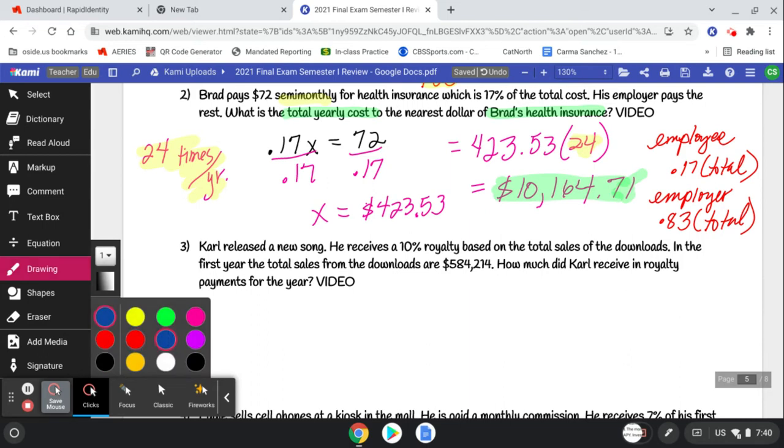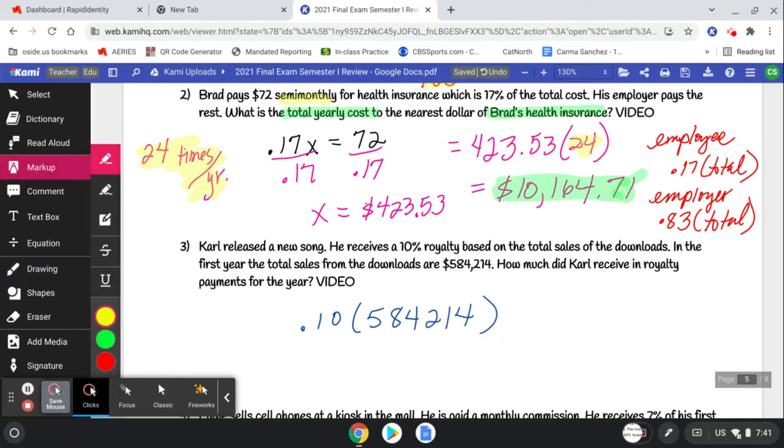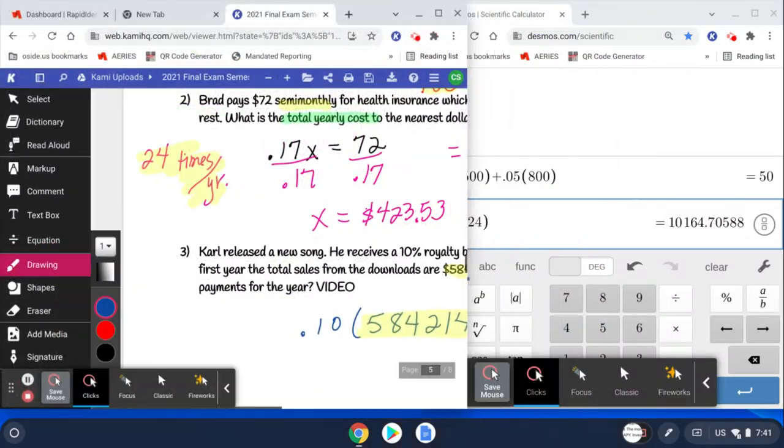All right, let's look at number 3. Carl released a new song. He gets 10% royalty on total sales of the downloads. In the first year, his total sales from the downloads are $584,214. How much did he receive in royalty? So we just take a percent of the total sales. And sometimes I make you calculate the total sales of something, right? But here it was literally just given. And so 10% of that